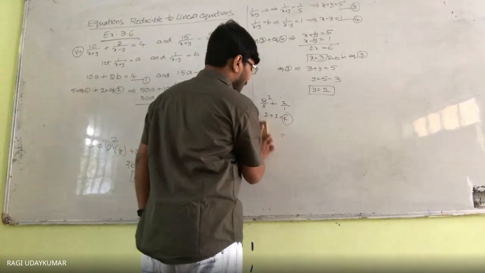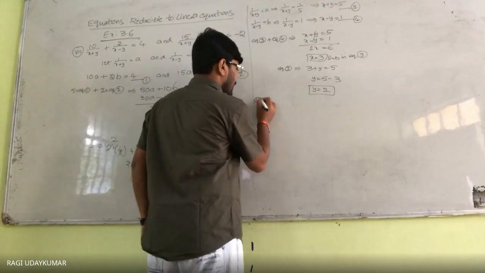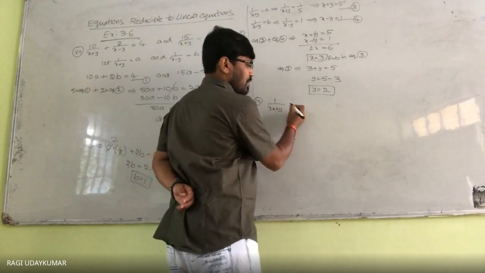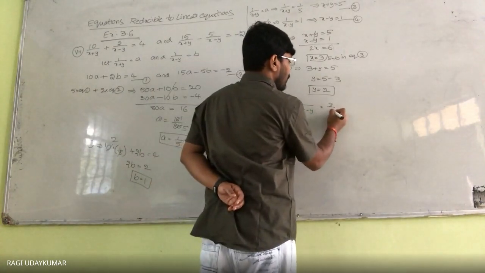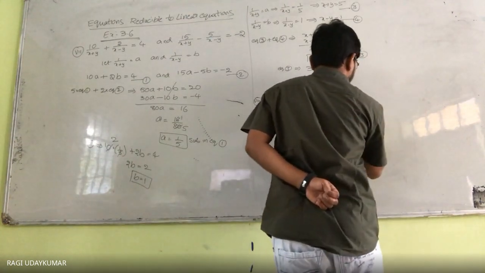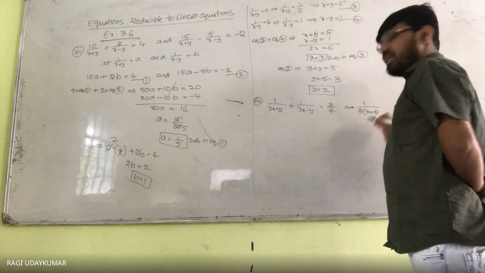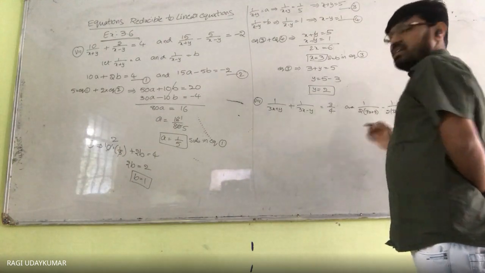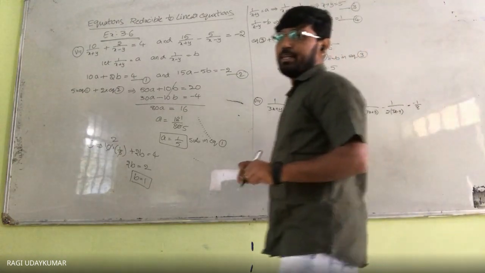In the same pattern, the last question also can be solved. 8th question. When you see the 8th question, I'm going to just give the hint to you. 1 by 3x plus y plus 1 by 3x minus y is equal to 3 by 4. And another equation is 1 by 2 into 3x minus y, here in the denominator it is given to you. You should be a little bit careful. 1 by 2 into 3x minus y is equal to minus 1. So what should be considered, I am going to explain to you.